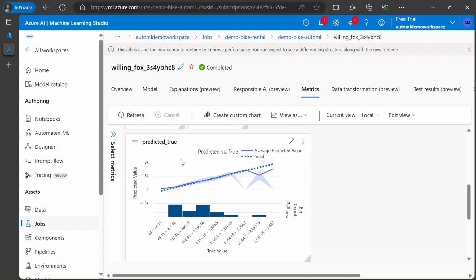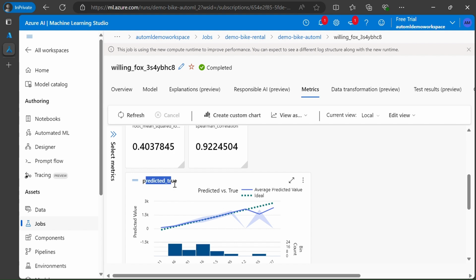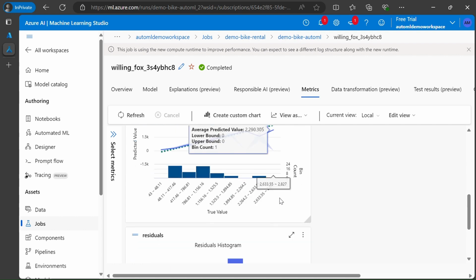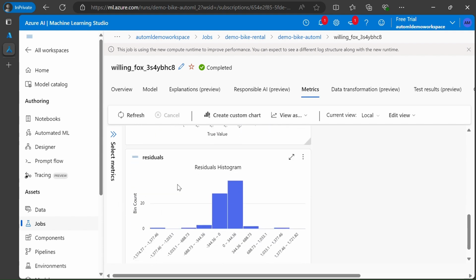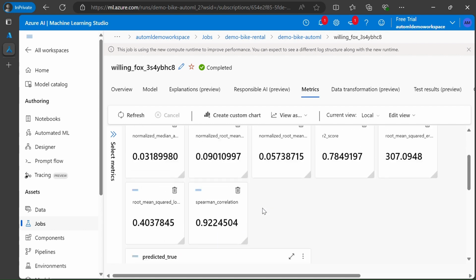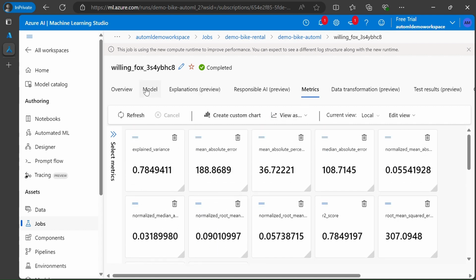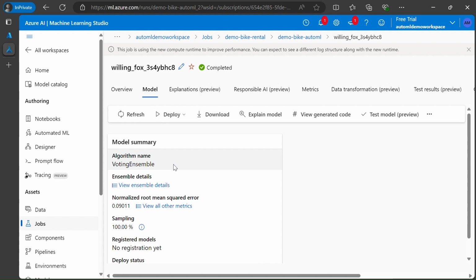For the reviewing part, we use this predicted versus true metric, which shows us how much the predicted value and the actual value differ, using the graph. There is one more metric known as residuals. It shows how much deviation there is between the actual value and the predicted value. Using these two metrics, you will be able to get data about how your model behaves and how accurate it is. So now after reviewing the model,